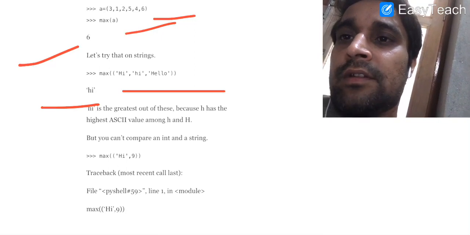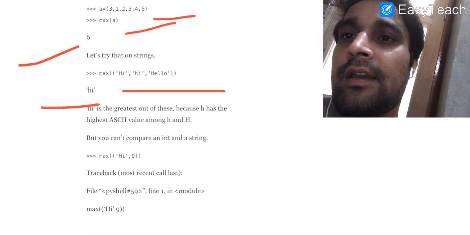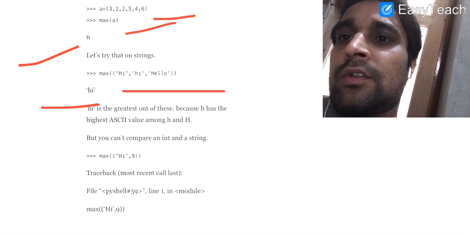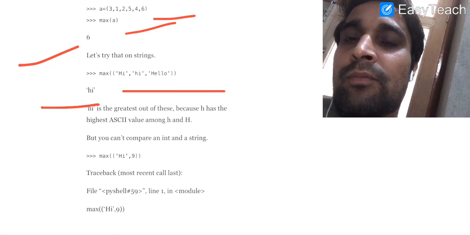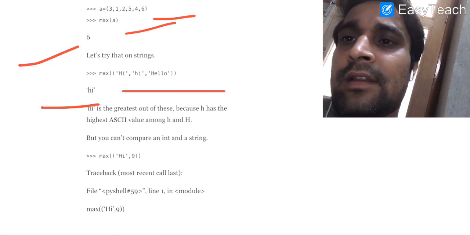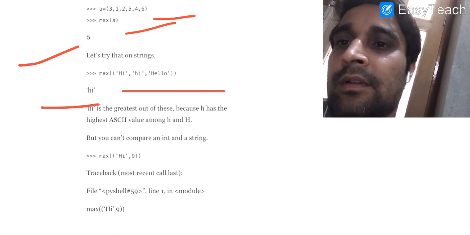In this example we have written hi, with capital H and small i, then we have written hello. So we are getting the result as small hi, the value stored at index 1, because small h has more ASCII value than capital H.